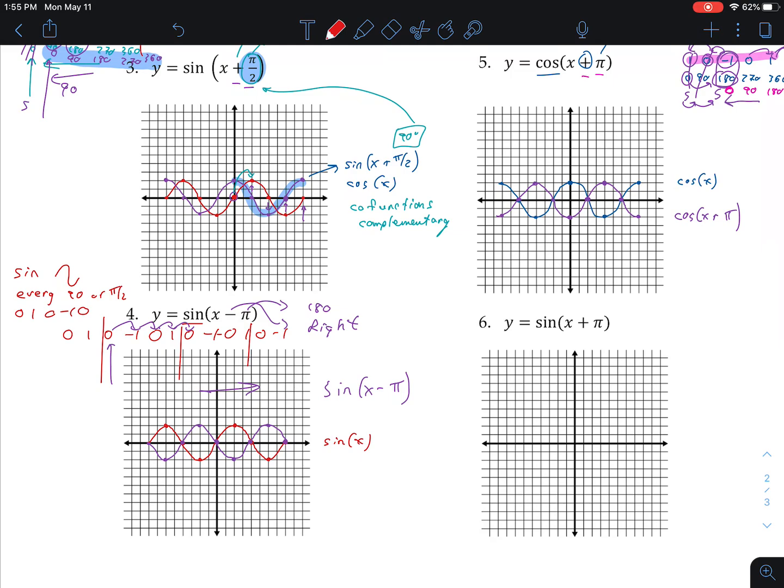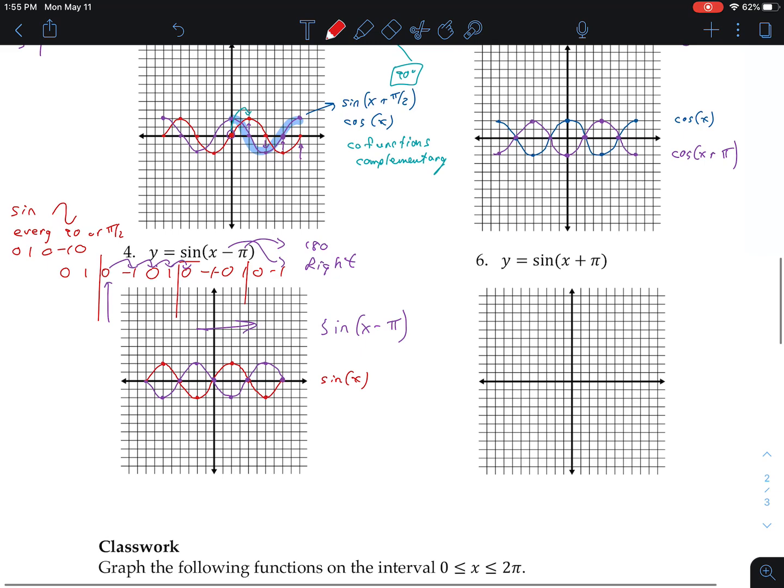Okay, the last one will be the same thing, except you just slide it the other way. So I hope that's helpful. You have some classwork down below where you're doing, I think, 8 problems just like this. Try your best on it. We'll leave some comments on your work, and then we'll pick up with this. We'll do a review of all transformations next time, so we're not going too far ahead with next class. So if you're a little confused, we're going to review it some more next